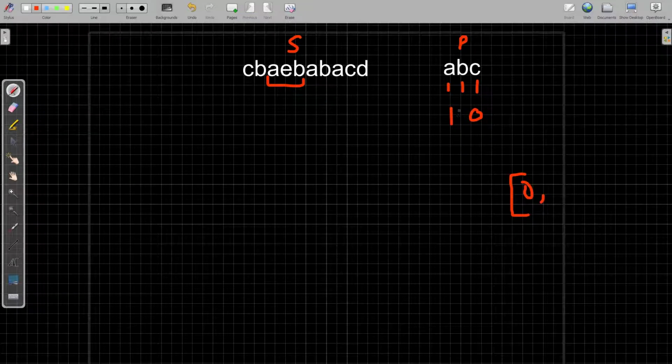So it becomes 0, and AEB, again we have included B. B was not there previously. This was the window. Now we have included B. So this will again become 1. So it's the same. We discarded one letter and again included another B. Now we will continue shifting the window like this.